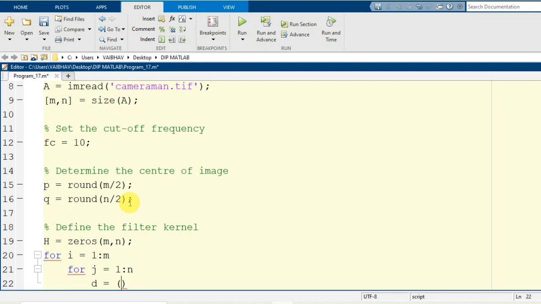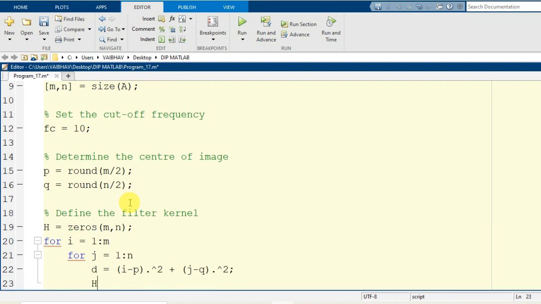That is i minus p, squared element wise, which is further added to j minus q, that will also be squared here.